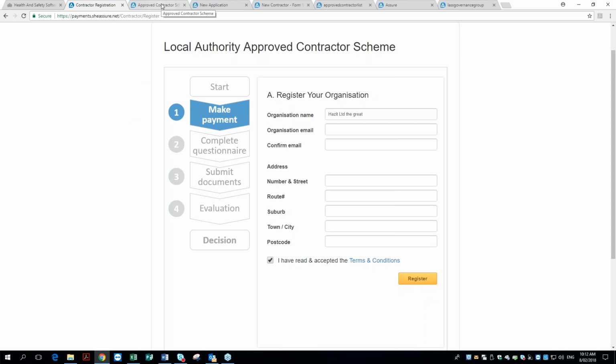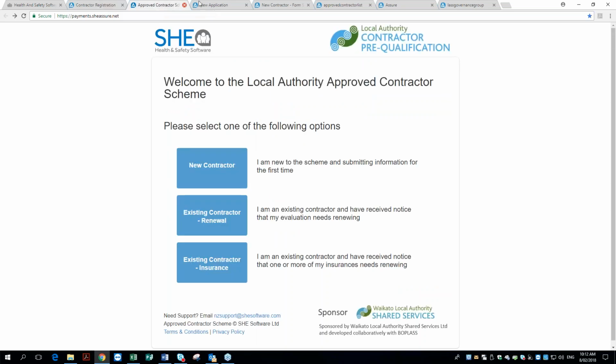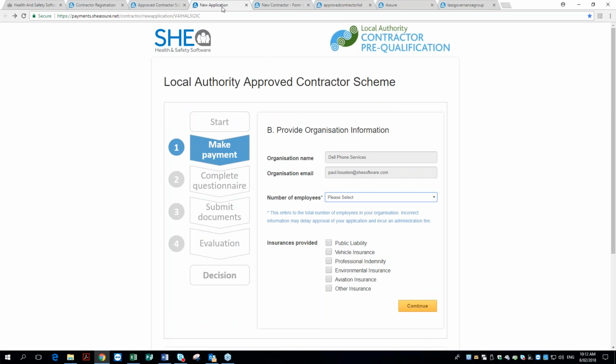It will give them a hyperlink that will take them through to the next stage in the process, which will be this website here. This will already have their name and it'll already be populated with their email address. And then what they do is they select the number of employees. They'll select what insurances they need to use for the contract work that they do with your council, and then